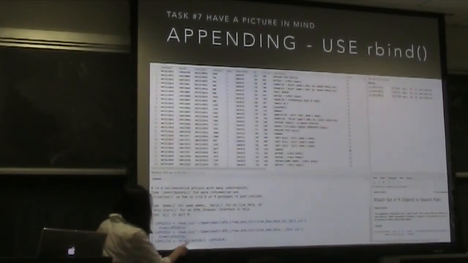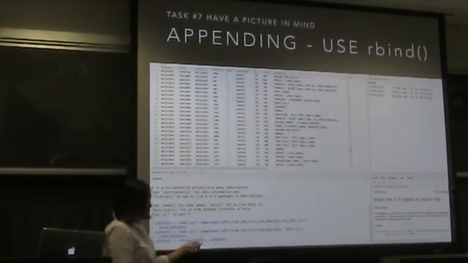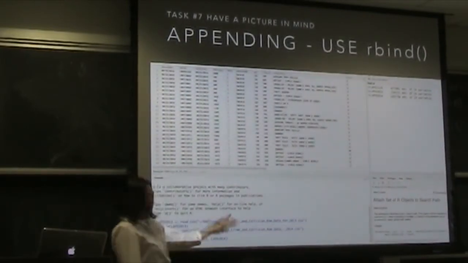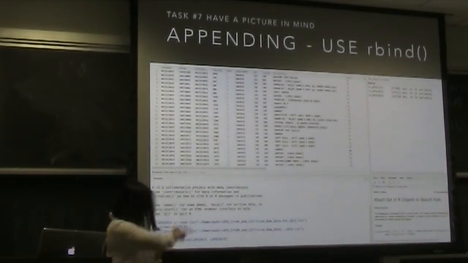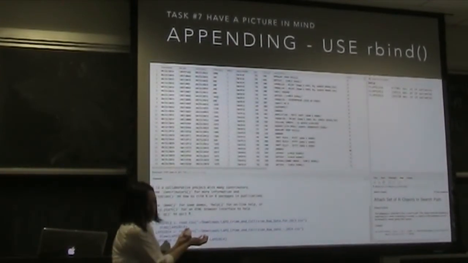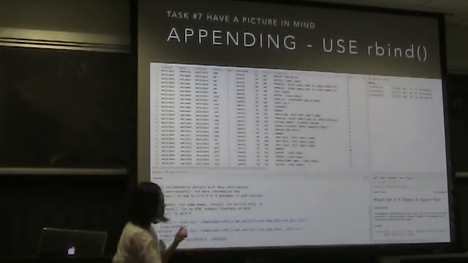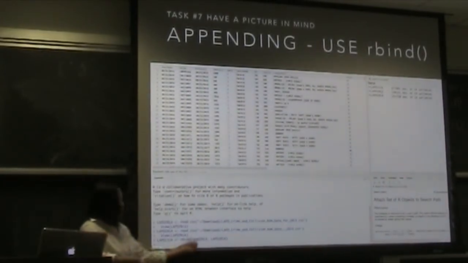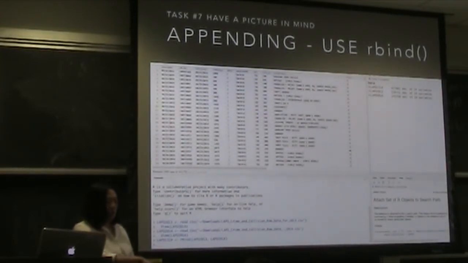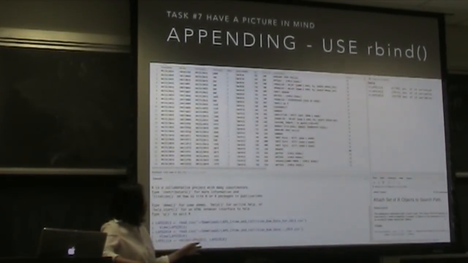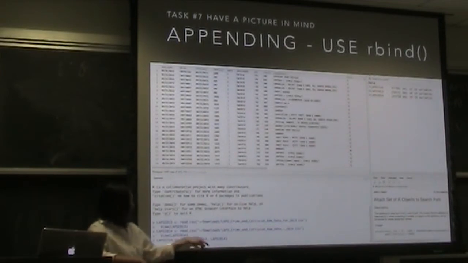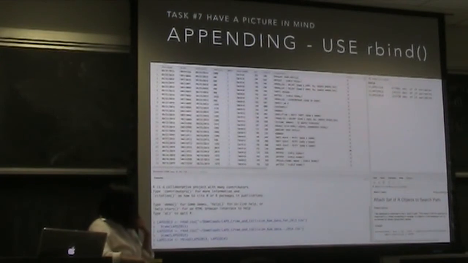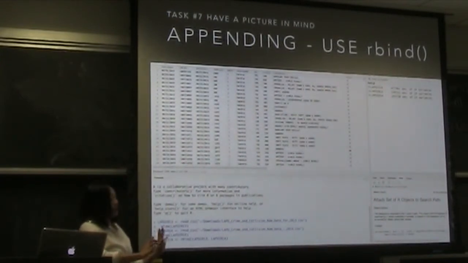Then rbind will stack them in the order that it sees them, and you could do more than just 2. So it grabs LAPD 2013, and then attaches LAPD 2014 to it. If you had additional data frames with the same structure, you would just add them. You could also have data frames with slightly different structure. If 20 out of 21 variables were the same, you could still append them, except that you'd have a vector of missing values for the one that's not matching. But if they're totally different, it's not an append, it's something else.